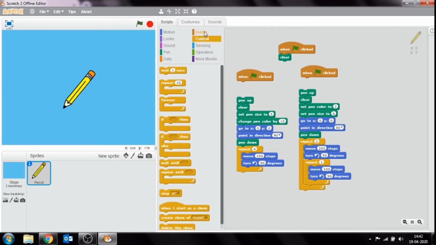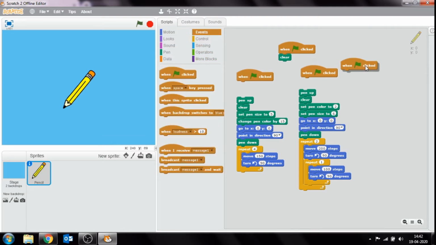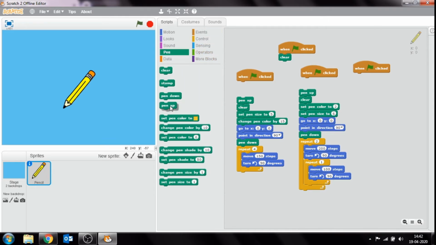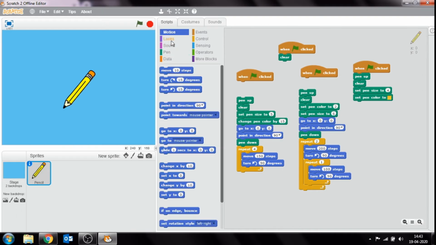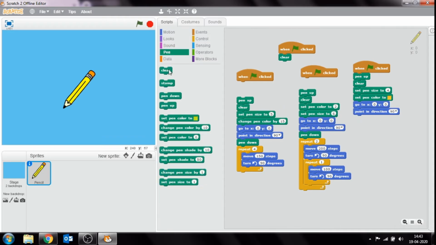Now go to the event block, drag when flag clicked, then again go to the pen block, pen up, clear, set pen size to, suppose, 4, set pen color, then go to the motion block and set the position of the sprite to 0, 0, then point in the direction of 90 degrees, then pen down.